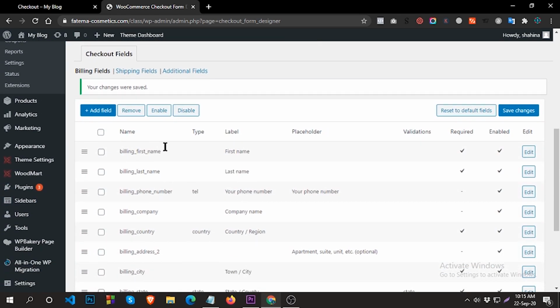Go to the checkout field editor. From here you can also enable or disable your field, so you can use it later if you want. Click on any field, then click on Disable, then Save Changes.